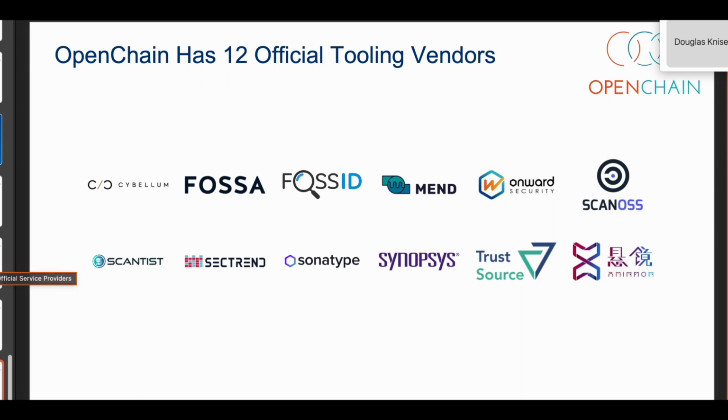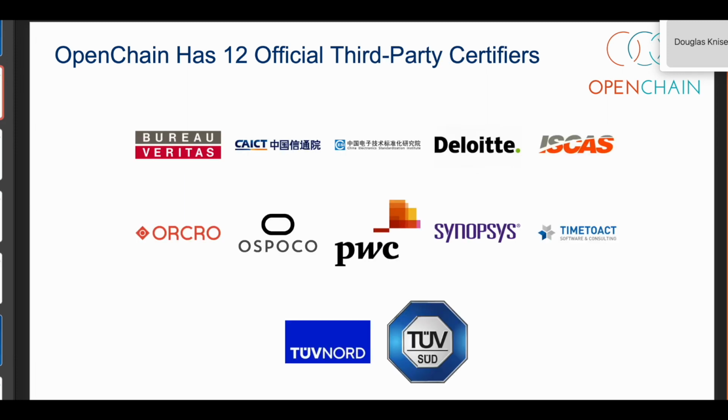Now these are official partners. These are companies that are working closely with us. So, you know, these third-party certifiers have teams that engage with the OpenChain project, know us very well, and contribute to the development of not just their product portfolio, but our community. Two examples here. For example, we have CAICT in China doing a lot of work to help us with conferences. We've got PwC doing a lot of work in Germany to help with events. Right.